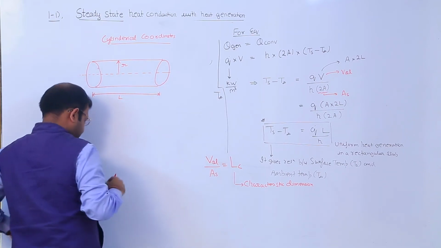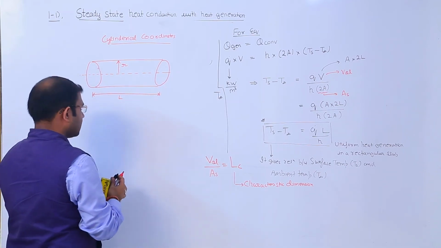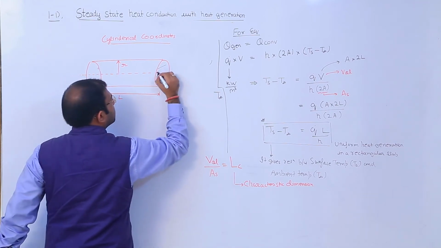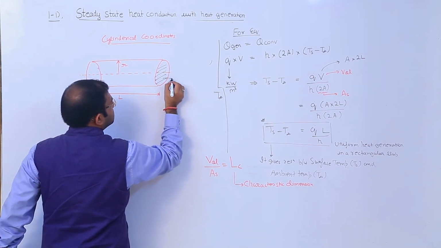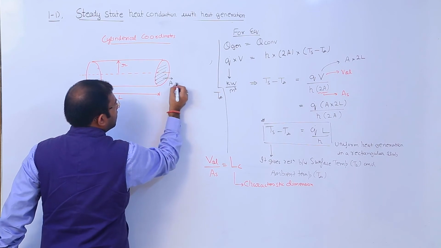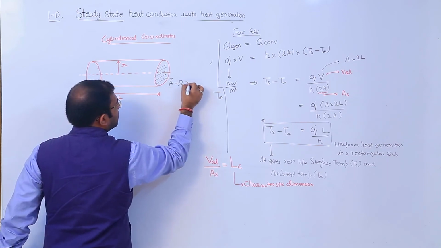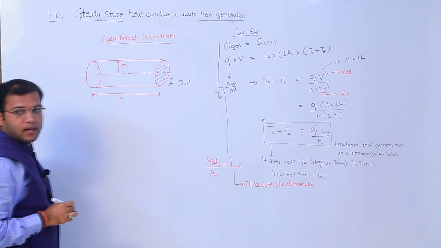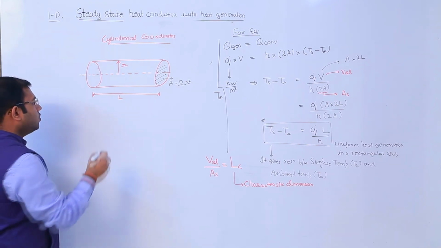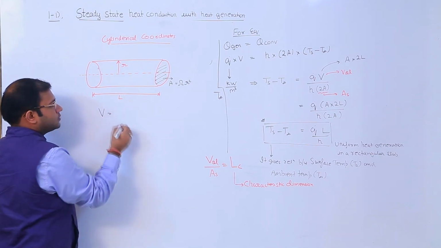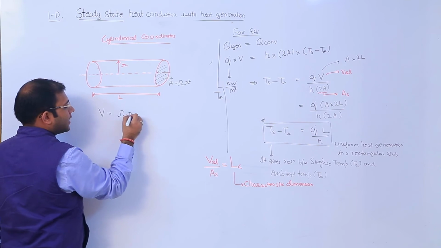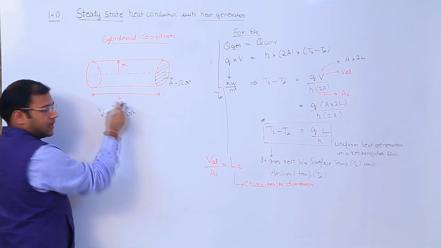So see, this area is nothing but area equal to pi r square, fine. So the volume V becomes equal to pi r square into length L,